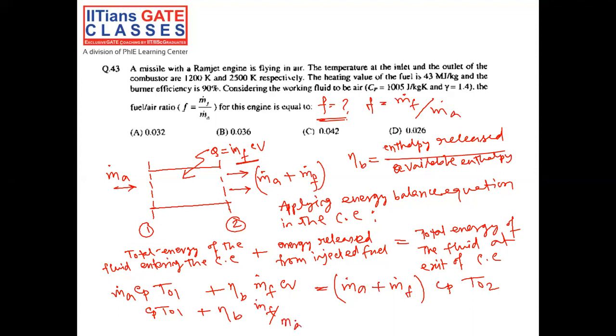mf dot by ma dot Cv equal to 1 plus mf dot by ma dot into Cp into TO2, right? Now this value of Cp is given, the value of TO1, that is the total temperature of the fluid at entry of the combustor, is given, and TO2, that is the total temperature of the fluid at exit of the combustor, also given. So if we just substitute this value, what will we get is